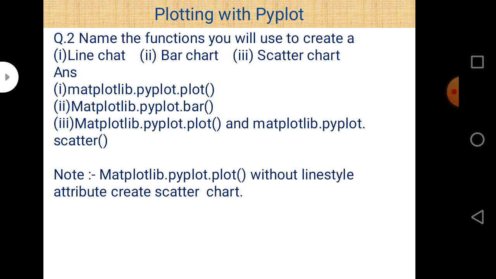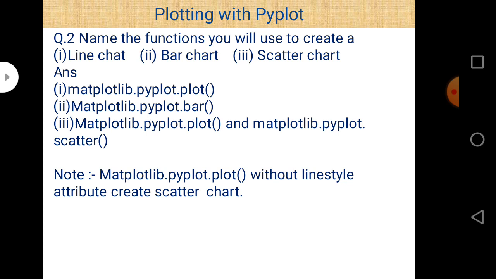And second question is, name the functions you will use to create line chart, bar chart, and scatter chart. So in this question basically functions are asked. As you know, for line chart the plot function is used, for bar chart the bar function is used, and for scatter chart there is a scatter function.